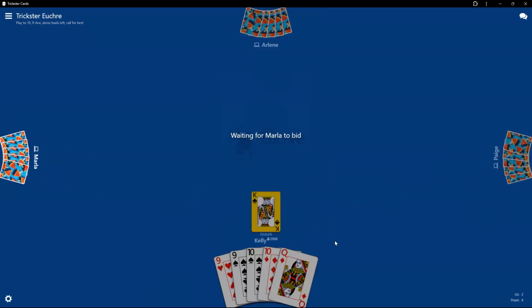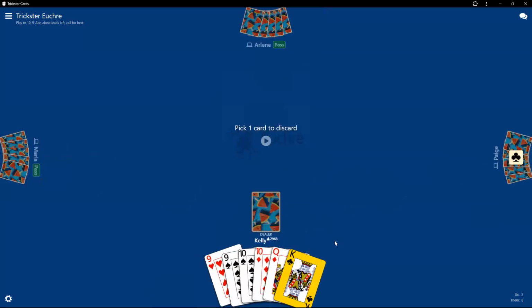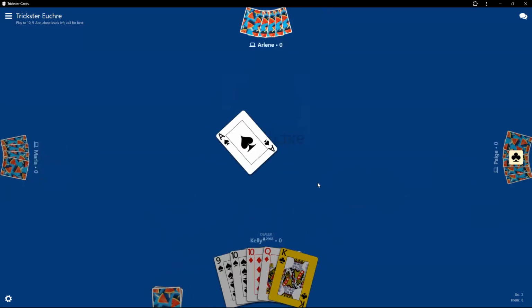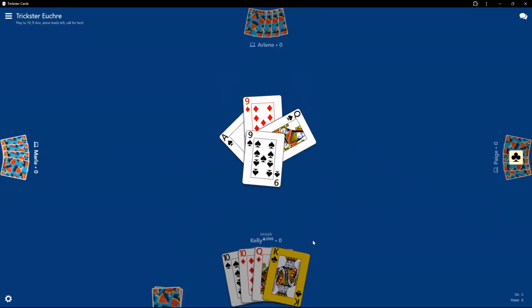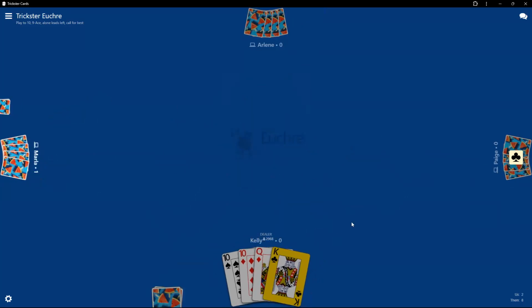I'm finding it's harder to pay attention to the game when I'm trying to narrate it as well. What just happened? Some things happen so quickly. Now just so you know, when it suggests you get rid of a card, it pulls it up a little bit. But if you click it, it doesn't go. You have to click it so it moves up, and then click this arrow in the middle.